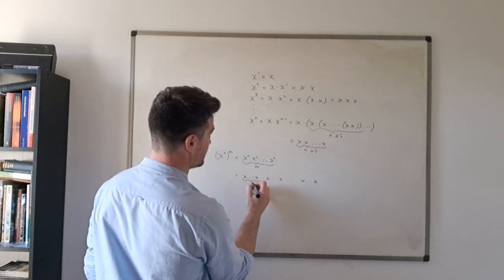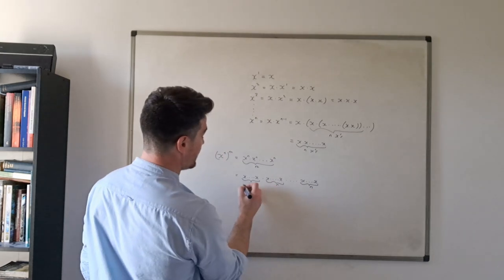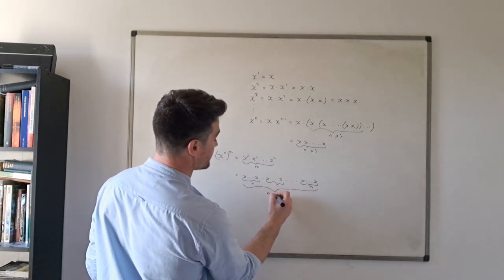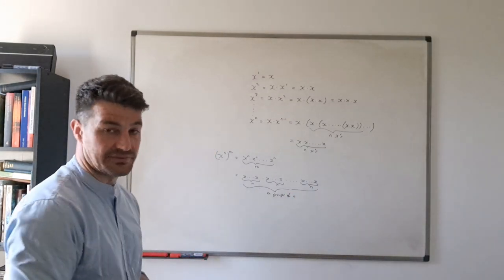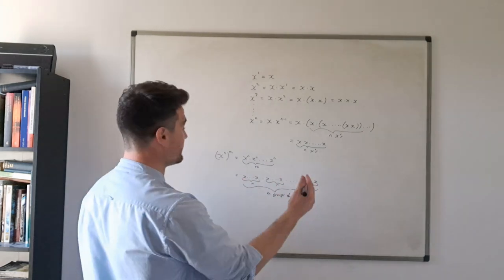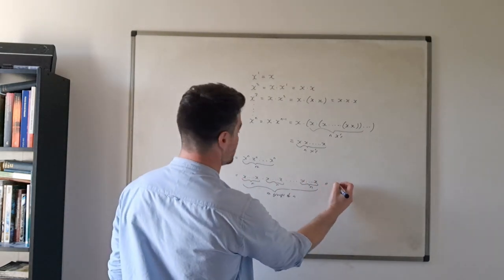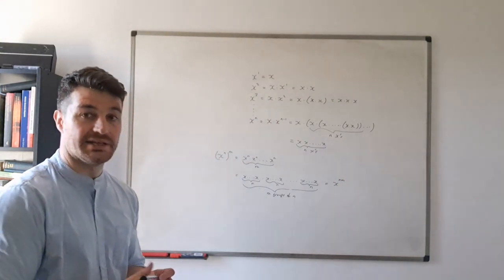So there's n, and then here we've got m groups of n. Well, that's another way of saying m times n, or n times m, whichever you prefer. So this is equal to x to the power of n times m,